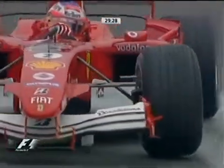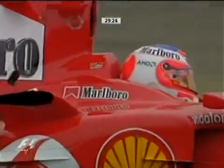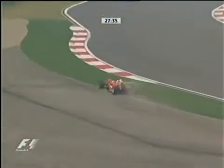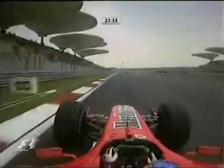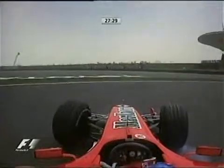Watching Rubens Barrichello, another milestone this weekend as well. 6 years at Ferrari, his last race for Ferrari before he moves over to Honda next year. Wants to go out with some kind of blaze of glory. I mean, unfortunately, both him and Michael Schumacher have not been given a strong enough car to challenge this year. But you've got to believe that Rubens is going to do his utmost to try and finish on a high